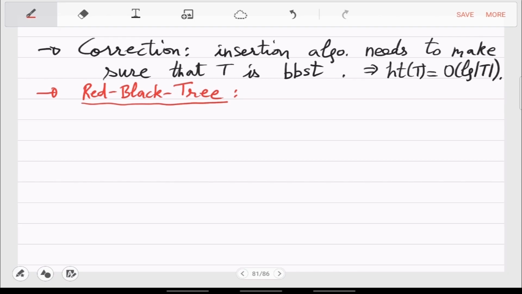It will be a sophisticated BBST. And the idea of insertion there is rotation: rotate to balance.